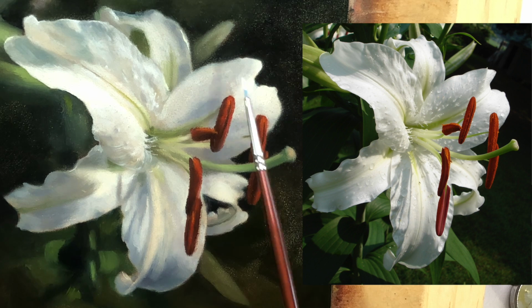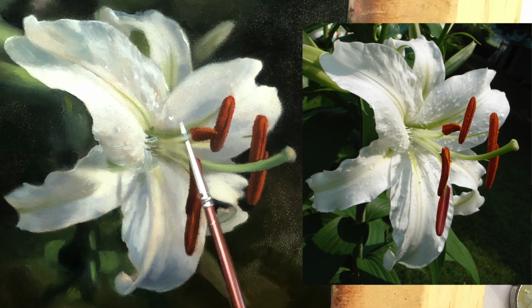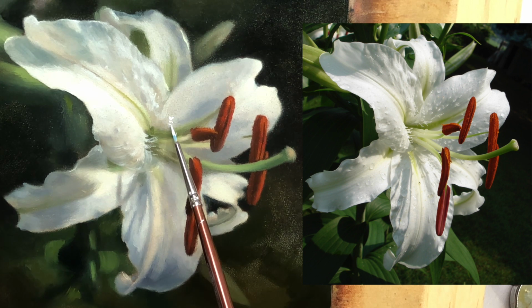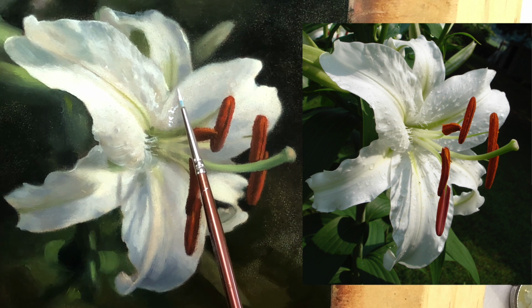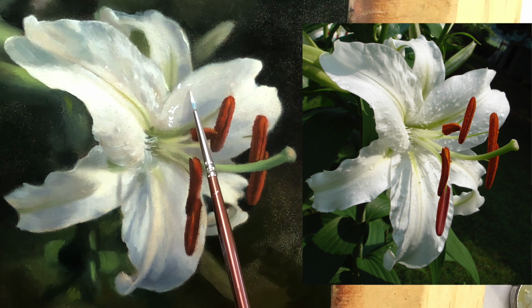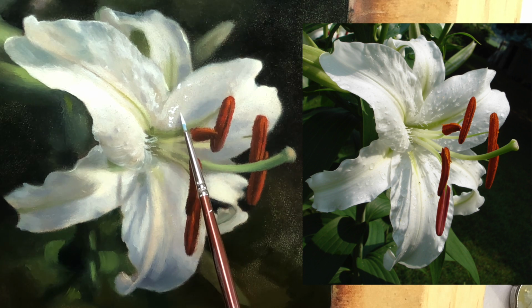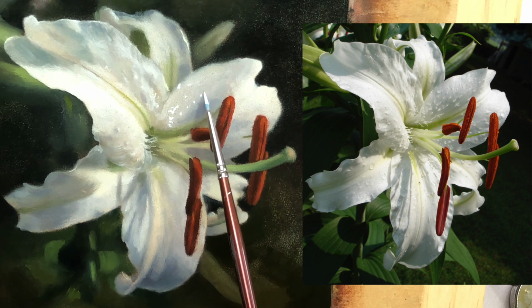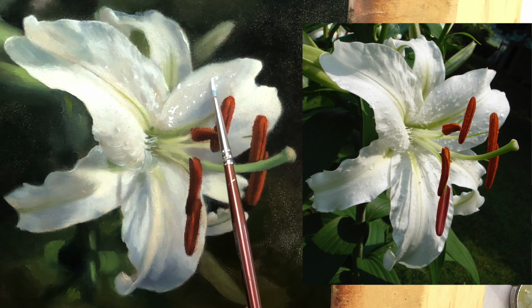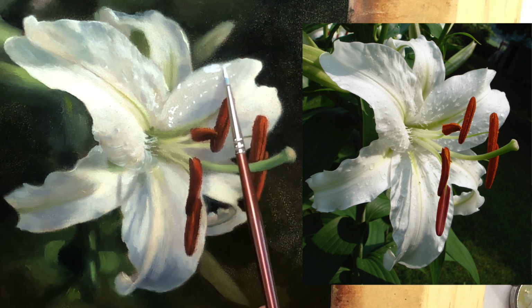So what I'm doing now is going back in with pure titanium white to put in some of the highlights of those tiny little things that grow on the surface of lilies. I'm not sure what the technical name is for that. I'm using titanium white straight from the tube because there's no pure white on the second layer of color that I did, so this assures that the white will stand out. And then I'll soften it